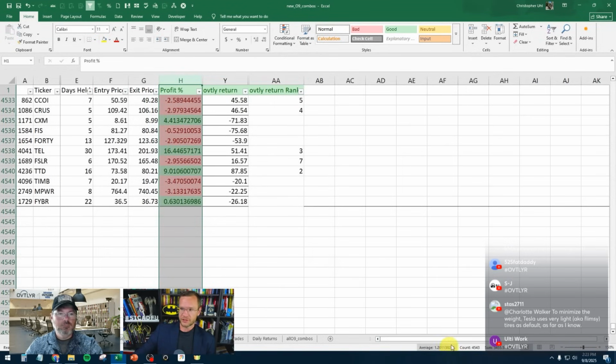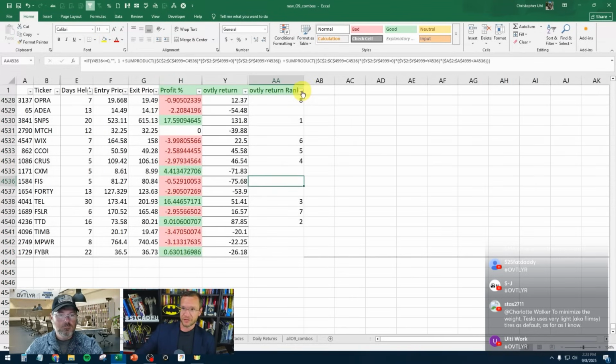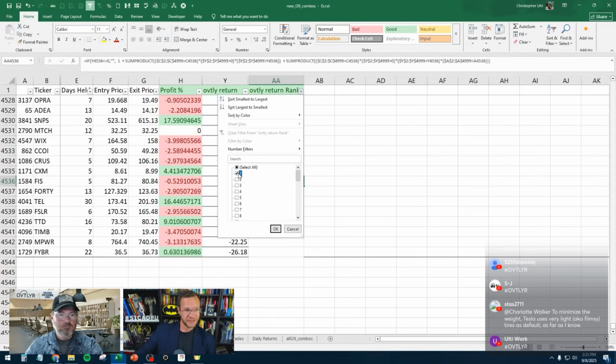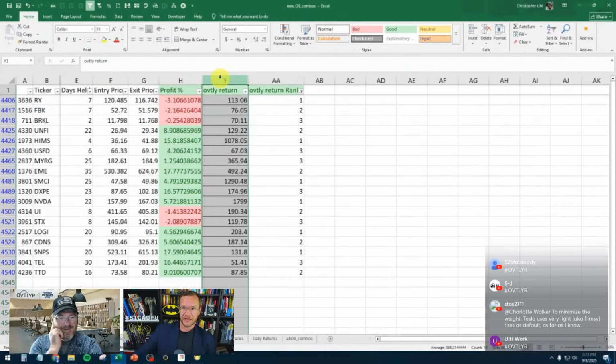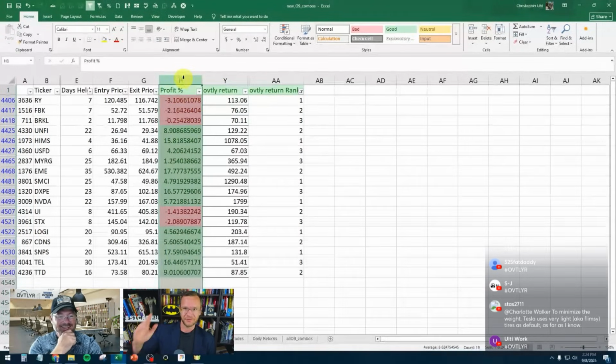So an average of 1.2 with no filtering, which is already great. If we filter for just the highest, second and third back test, so the top 3 back tests on each trading day, which I have 140 pieces of data in here, not 140 days, but 140 pieces of data, that gets us down to 19 trades over, I don't know, it's most of 2025. Gets us down to 19 trades with an average.